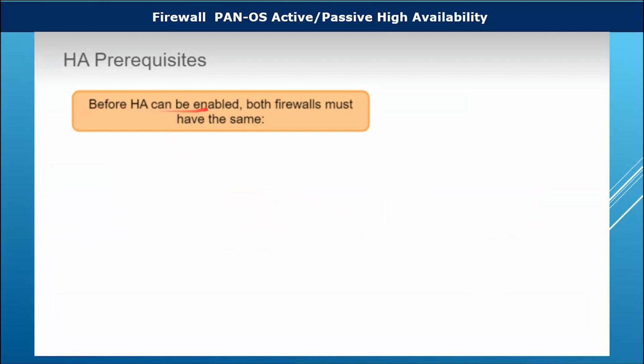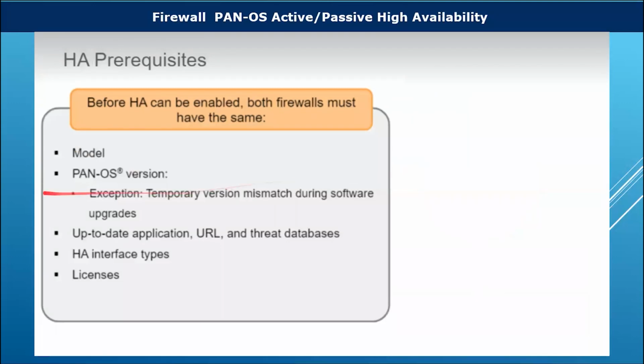So guys, here, what should be the same on both firewalls before enabling HA? If we are talking about